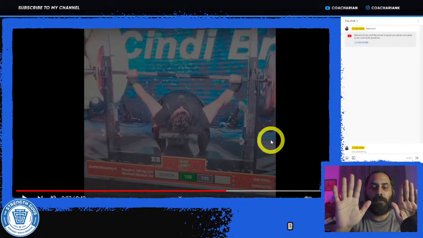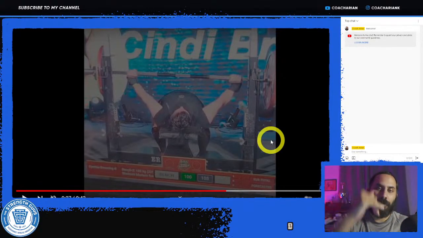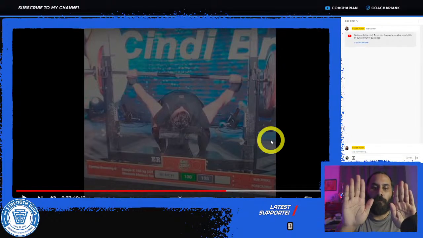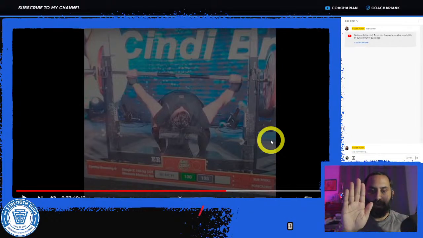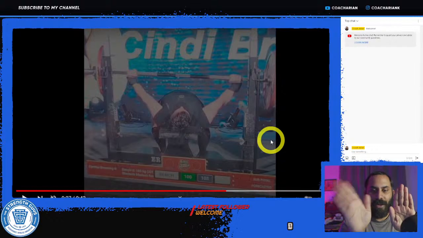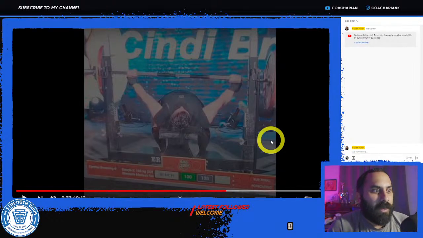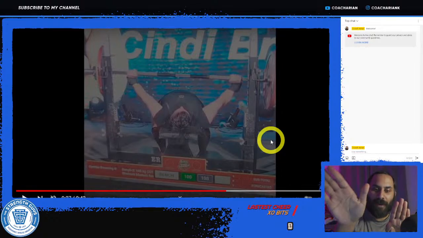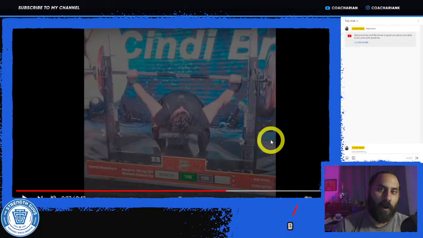You can look at their feet. If you had some kind of top-down view, or even looking down the barrel of the bench, you can see whether the feet are even, or if one is forward of the other one, or one is wider than the other one, or one's pointing out more than the other one, and see if it is even or not. If it's not, how much of a difference is it? Is it a very minor difference, or is there some kind of extreme situation going on?